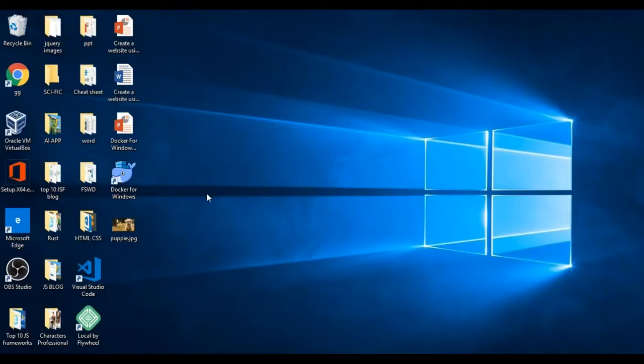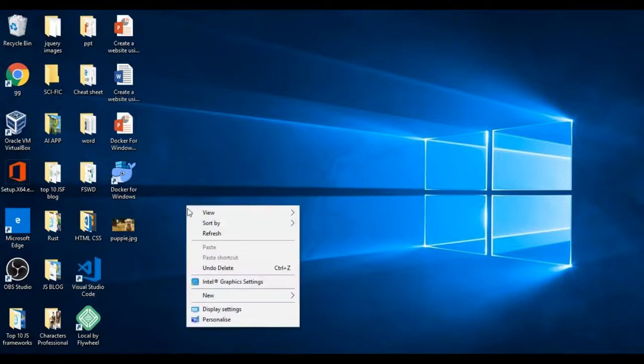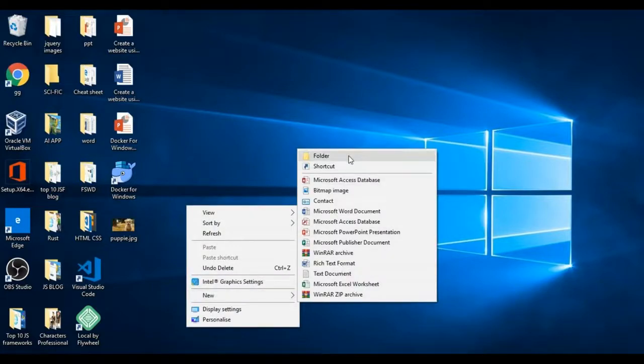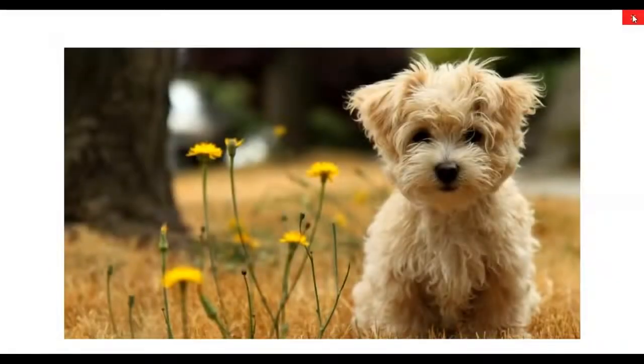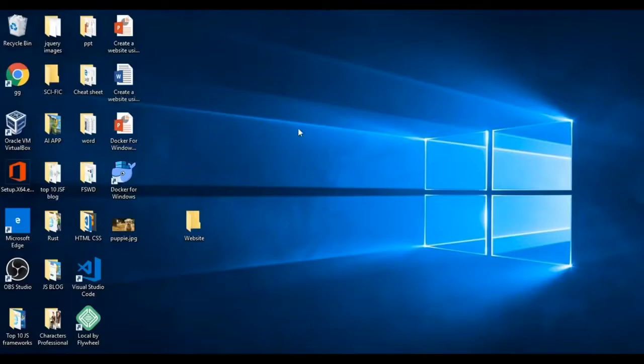Alright, so guys, we're going to begin with creating a new folder. It's always a good practice to store your entire code in a single folder. So I'm just going to name this folder website, and we have this image of a puppy which I'll be using as a background image for my website. So I'm just going to drag this image and put it into my